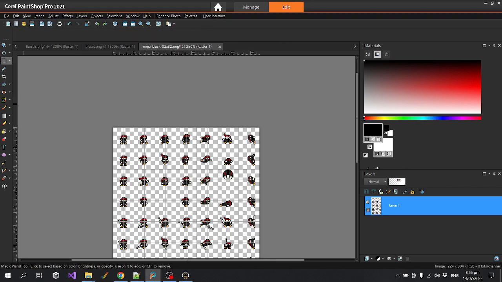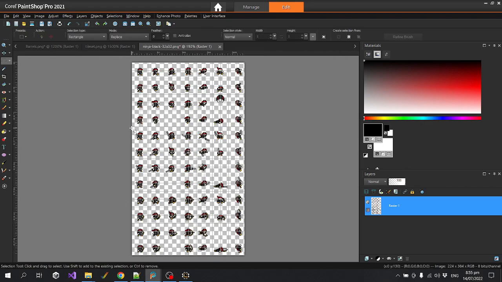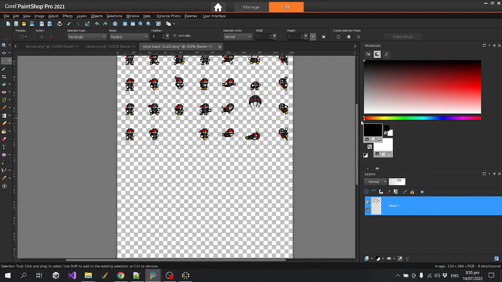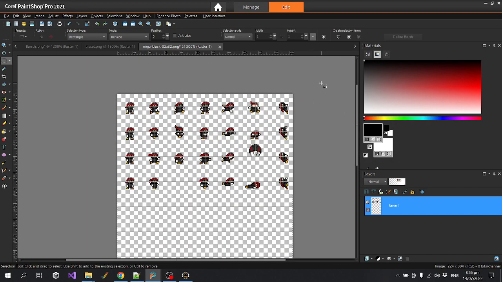We don't need most of these. The ninja character comes with different weapons, so we don't need the weapon variations. We don't really need the climb, or I think there's some swimming ones. I think it's just these ones that we need,